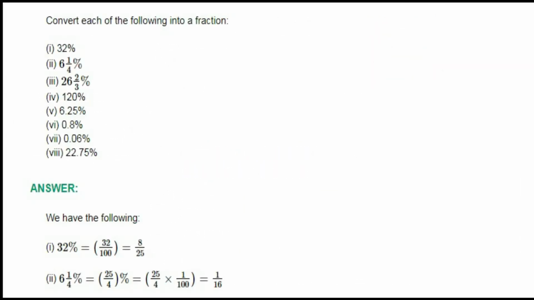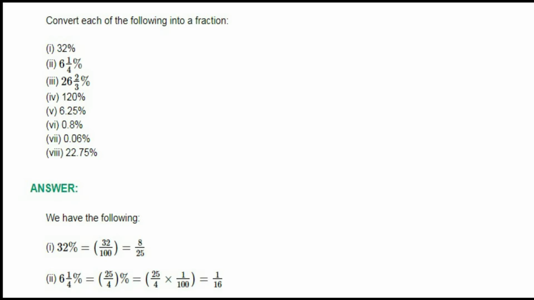So starting from basics, how to convert a percentage figure to a fraction figure. It's very easy. 32% means 32 by 100. Whenever the percentage term is coming, we have to divide it by 100. So if we cancel it by 4, 4 eights are 32 and 4 twenty-fives are 100. So it is coming as 8 by 25.